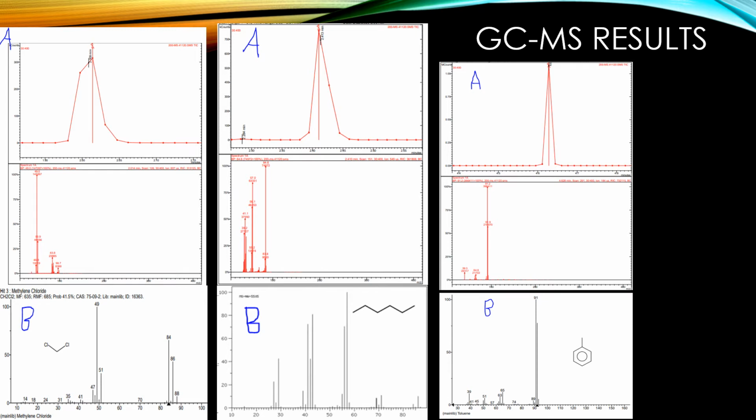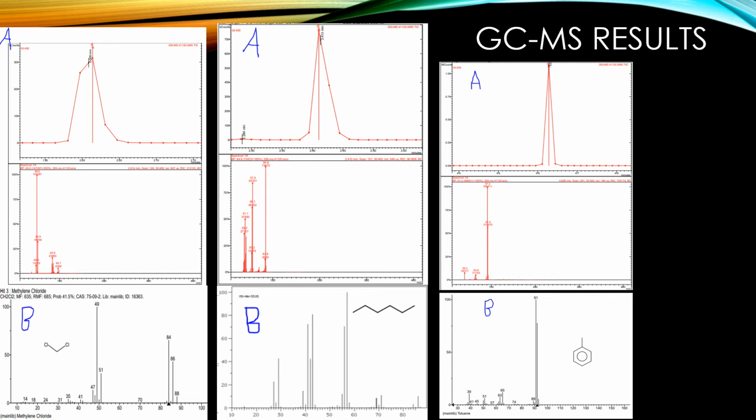So we actually detected 3 different samples, different results here, and I'll go left to right. Sample A is the peak that was detected on the chromatogram, and below sample A is an enhanced version to show the different peaks, and B of that one is the known chromatogram for what it is most similar to. So the first one was most similar to dichloromethane. Picture A1, that's this one on the left, is the enhanced version showing the different properties of the peak. Image B is a close match to A1, which is dichloromethane.